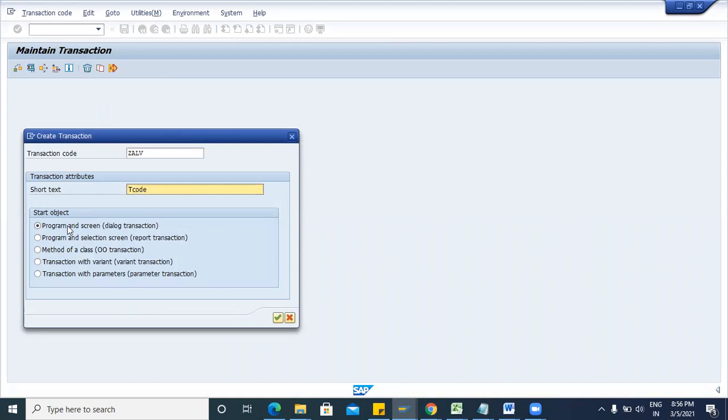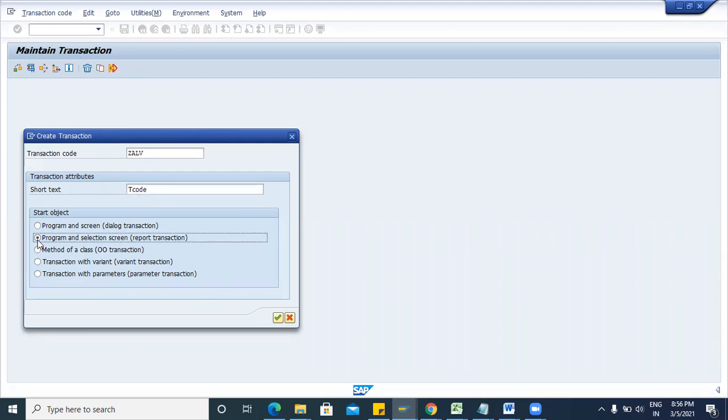T code. Now in these radio buttons we will select the second one, program and selection screen. If you want to create the T code of any table, then you will select transaction with parameter. But if you are creating the T code of any report, here we are working on the selection screen. We will create the ALV, so we are creating a report.